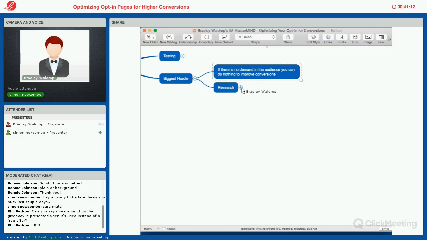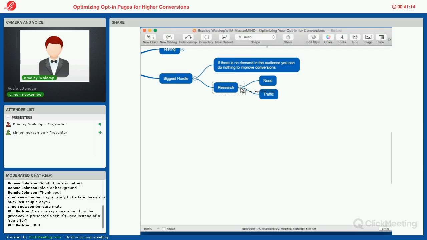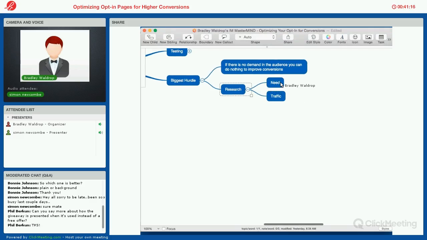All right. And then the research side, there are sort of things as you're digging into the best places to go to give an offer, to get people onto a list. That is where there's a need and you can get the traffic. It's pretty simple, just those two things. Just when there's a need and then there's traffic. And traffic,